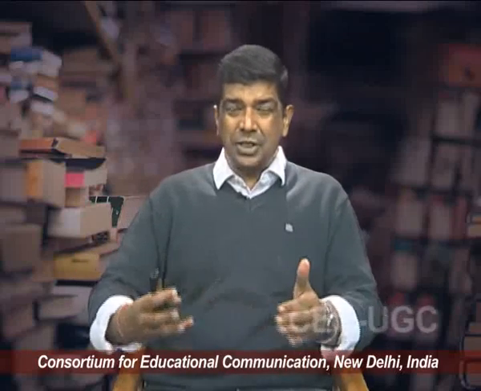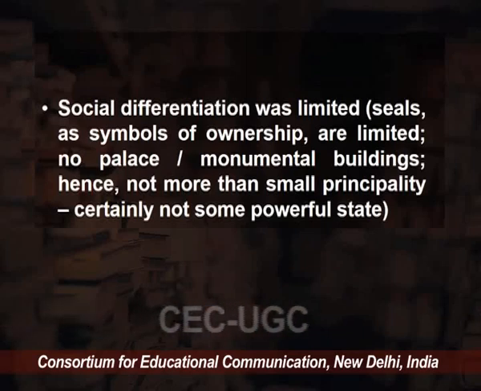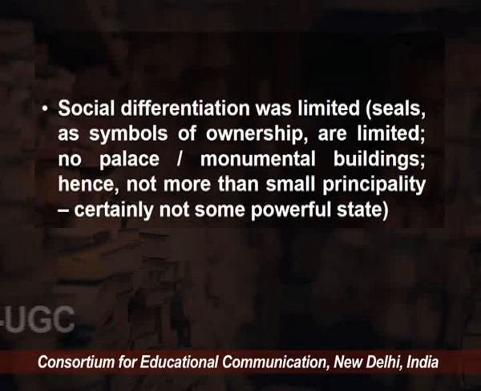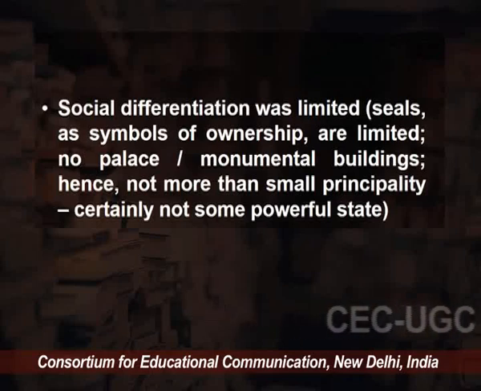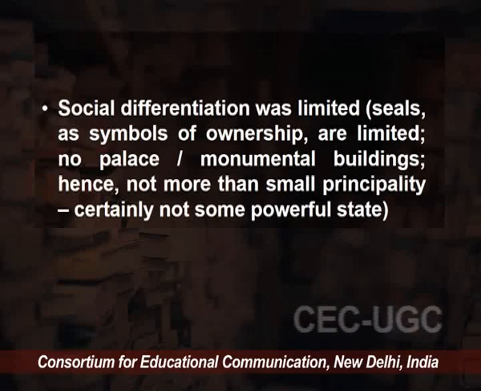So that urbanization that we tend to understand with reference to mature Harappan civilization is something which is already in process in the early Harappan period. Social differentiation, which is yet another critical factor leading to the catapulting of a Neolithic culture into the Bronze Age civilization stage. So social differentiation was a little limited, because seals that otherwise are regarded as symbols of ownership in the mature Harappan period are very limited from early Harappan layers. There is no palace as such